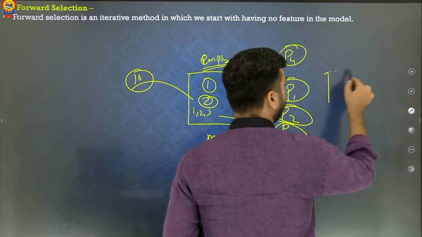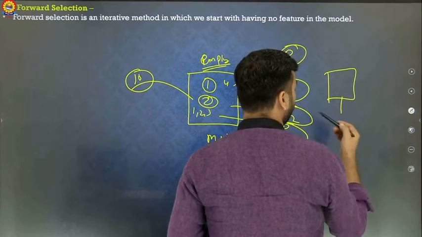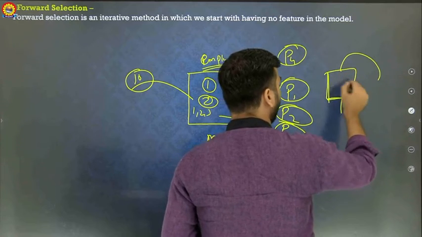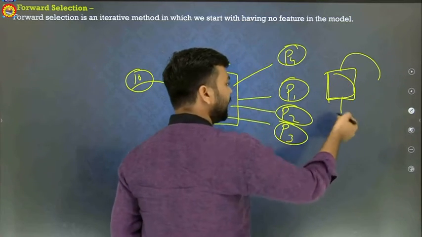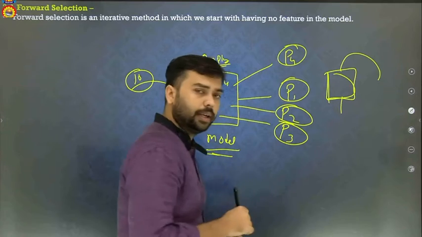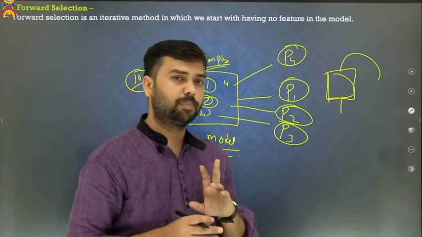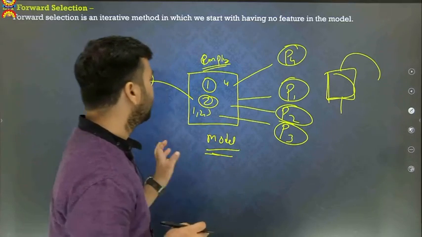It is something like this. You have a blank box and you wish to generate some production, and when we add an ingredient to that box and the ingredient increases the production, then we keep that ingredient, and if the ingredient does not increase the production, then we discard that particular ingredient. Okay, it is working something like that.